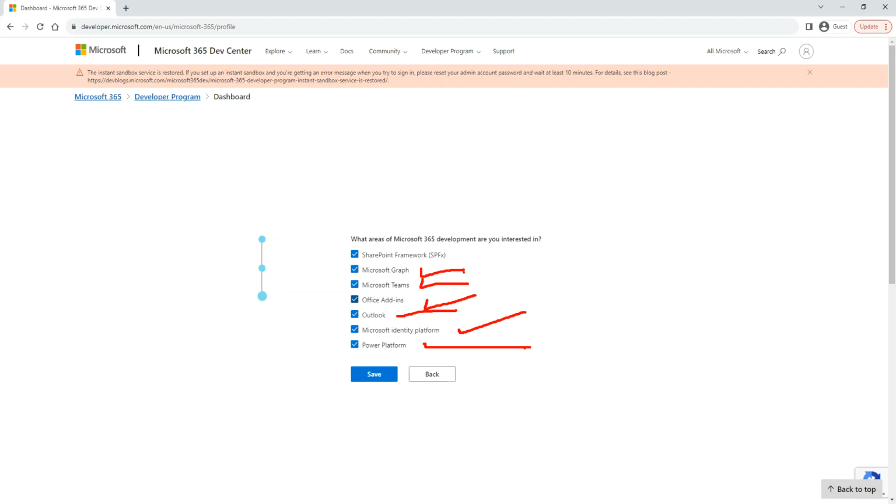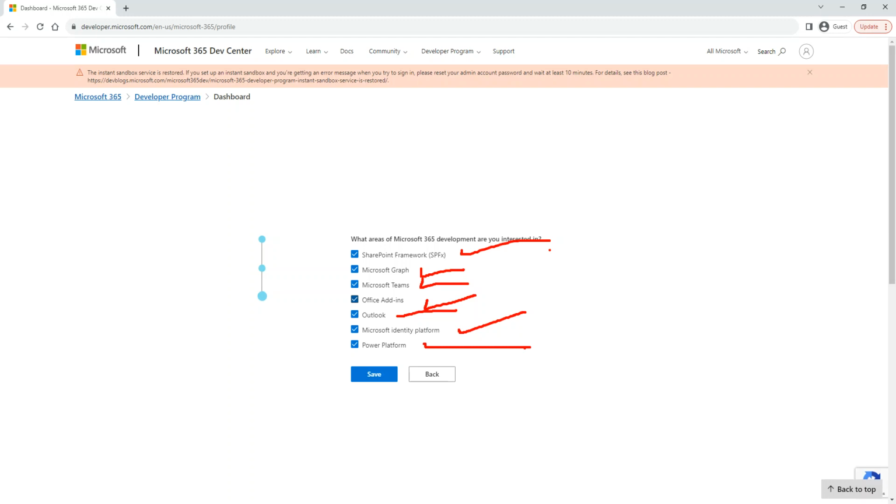Graph, Microsoft Graph, we have a robust Graph API. They call it Microsoft Graph, an API that gets, reads and writes data to any of the Office 365 cloud services, and sometimes beyond that to the Azure cloud service. And of course, last but not least is SharePoint Framework, which we call SPFx.